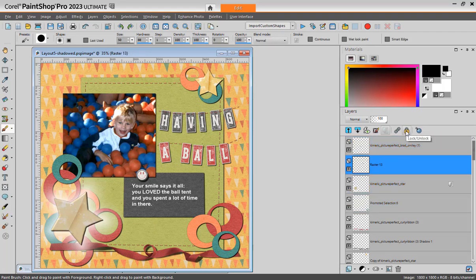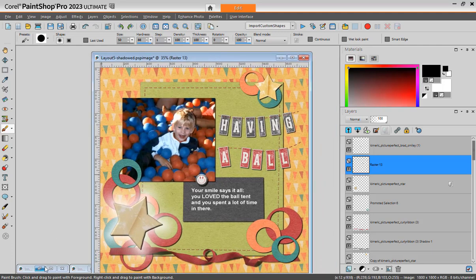We have here the lock and unlock transparency. So we've seen that before. As an example, if I had something fuzzy and I want to change the color, that might not work here because it's actually a layer style. But if I have an element,